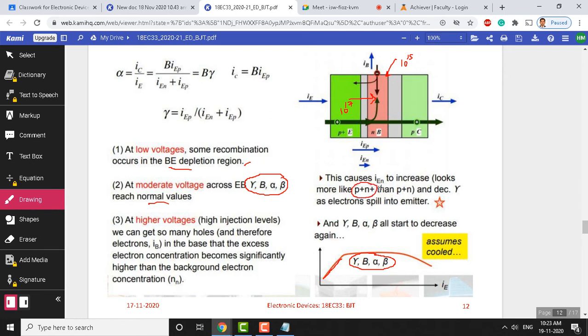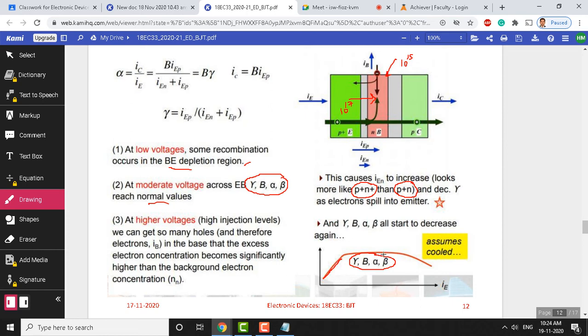Okay. But having a p plus n kind of emitter-base type of transistor, maintaining this charge neutrality is very difficult. So then you need to fabricate a transistor of type p plus n plus, which is not a good sign for amplification. With this type of transistor, there is no charge neutrality in the base region, which we cannot maintain, even though there is a large voltage applied between the emitter and the base. So this causes a decrease in the values of the injection efficiency, beta, alpha and beta.